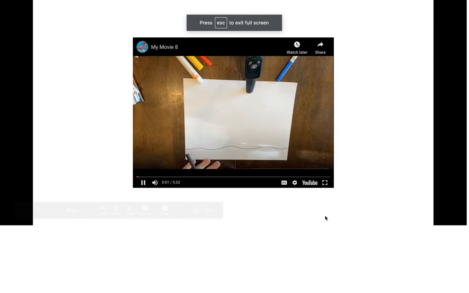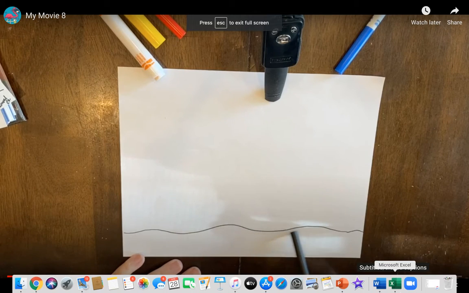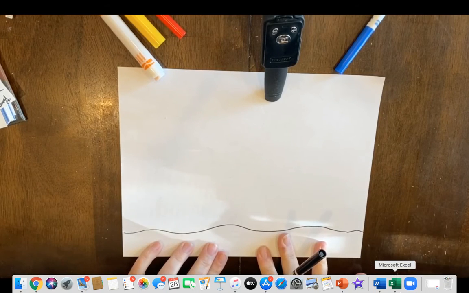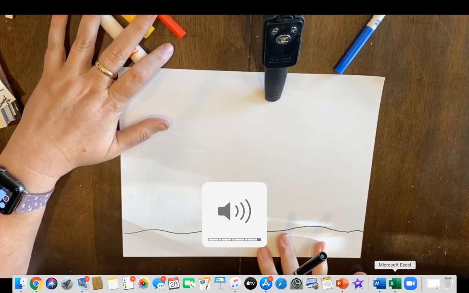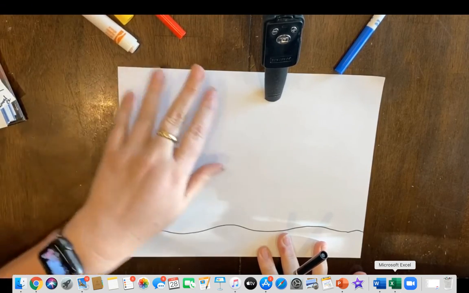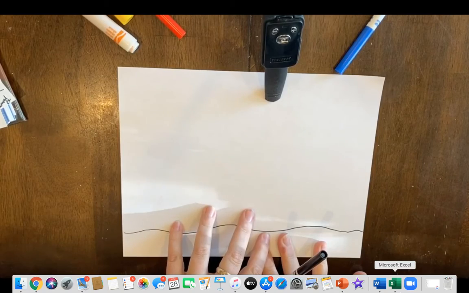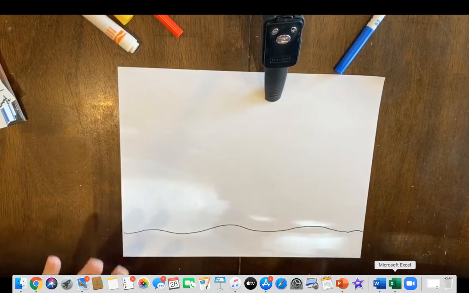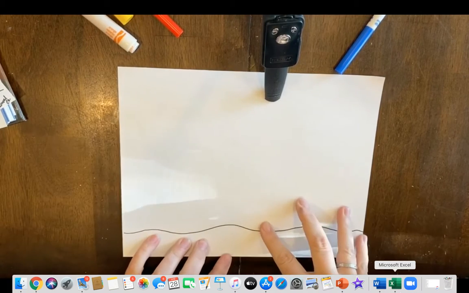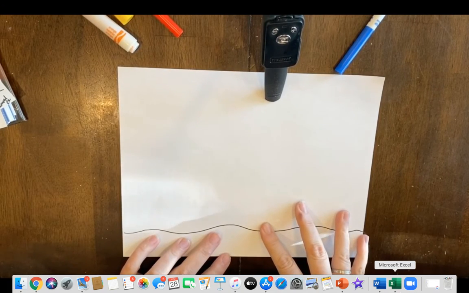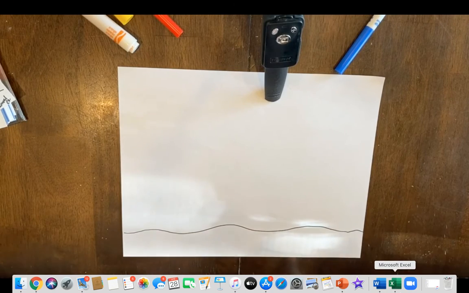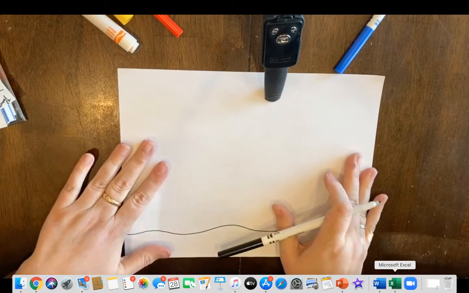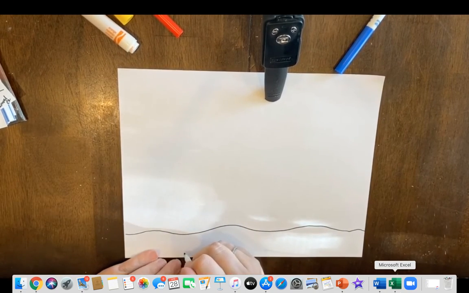Okay, so the first thing I'm going to do is put in my horizon line to stand for the Earth's surface. Because remember, in our other model, we had our sun as the heat source, and it was sending down solar energy, and it was converted to thermal energy. I'm not going to put the sun and those arrows down because that would just make our model a little bit more confusing. So what I'm going to do instead is write that down under the horizon part. So energy conversion